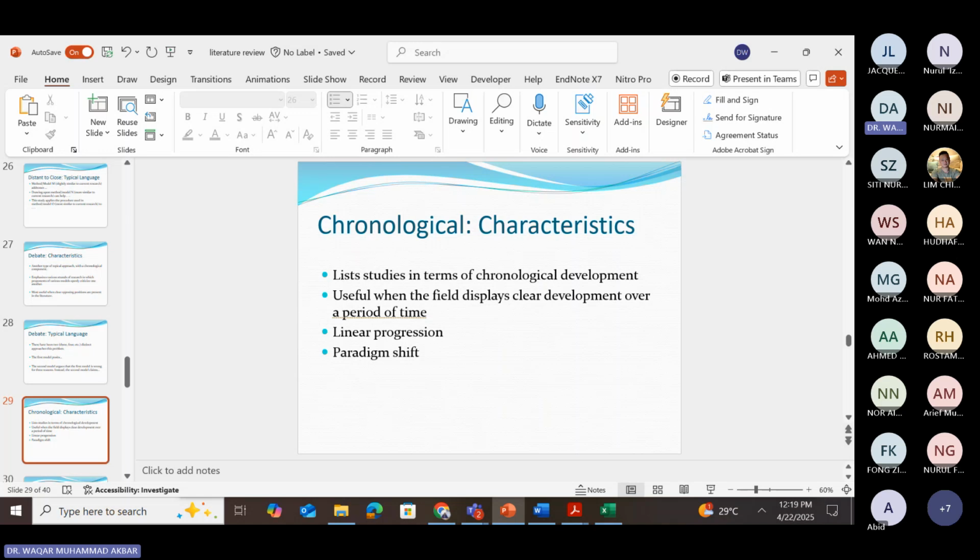Very easy: chronological, history over the years. For example, this type of research is demanded not in your field, but usually in the fields of purely social sciences, by those who do studies on historical development. For example, history of Malaysia, very simple, Malaysian history. When we discuss Malacca history, the historical moments of Malacca,